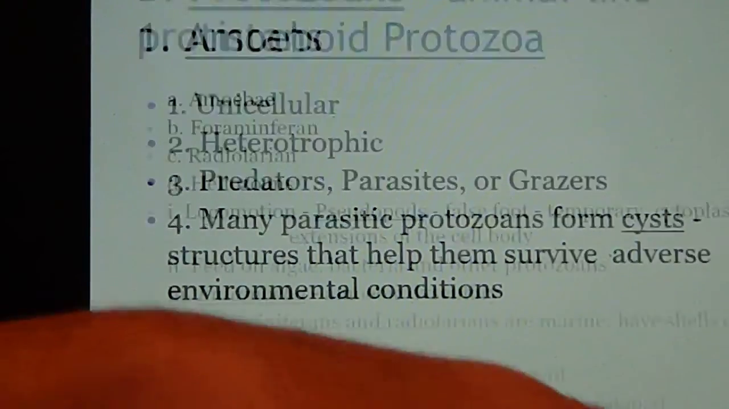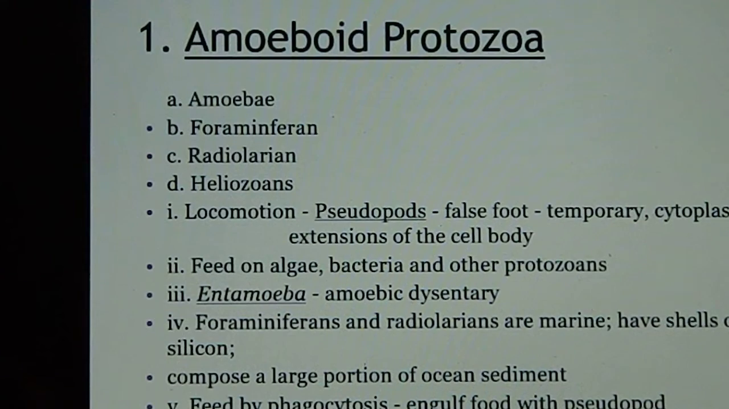So again, the most important thing on these types of protozoa are the way they feed and move. Okay, and so the first one are the amoeboid protozoa, and amoeba. There are other types as well that are common, but the amoeba is the most common. This is the one we think of, and they use